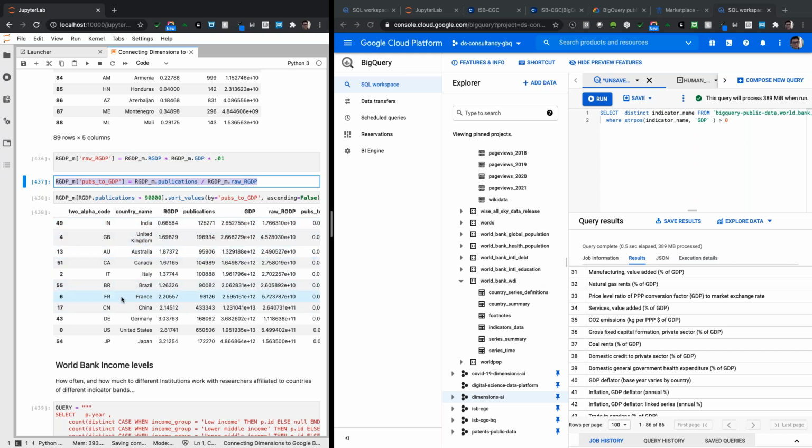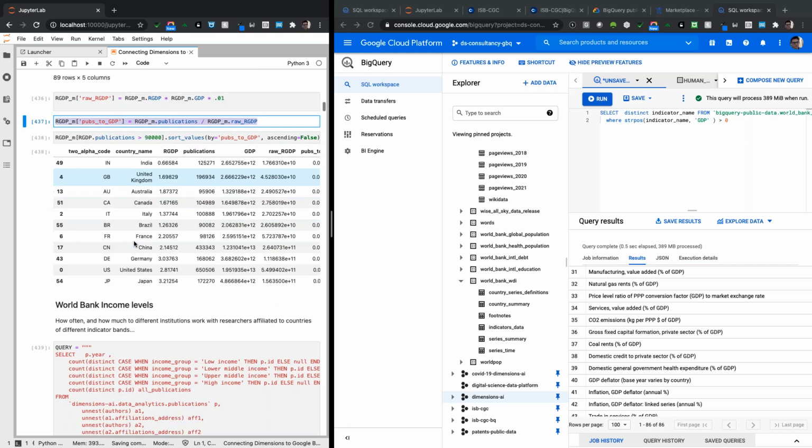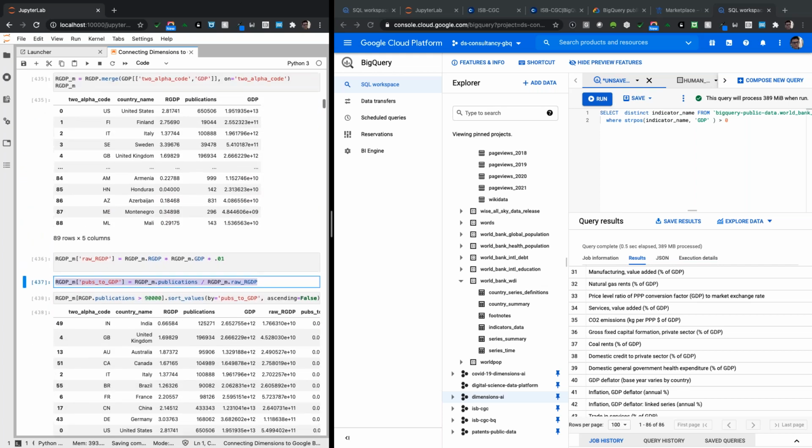Again, it's not a whole story and needs interpretation, but there's another example of being able to pull in World Bank data to Dimensions data. Now, a use case that I didn't have time to write up but would be really interesting here,